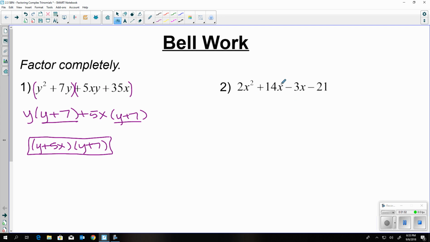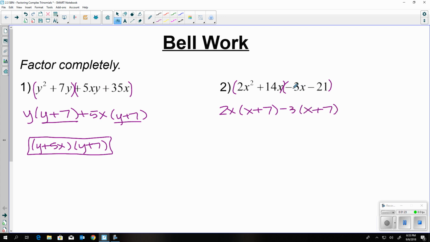All right, number 2, 2x squared plus 14x minus 3x minus 21. So 4 terms, so that means I'm going to factor by grouping. Group the first 2, I can take out a 2x. I'm left with x plus 7. Second group, I can take out a negative 3, and I would be left with x plus 7, because basically